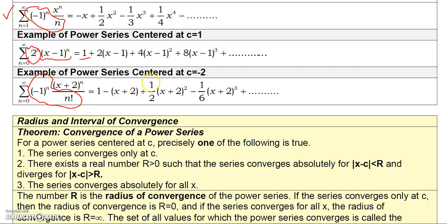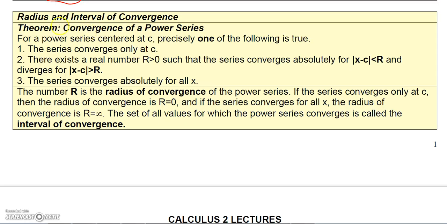And then if you have n equal 2, you'll get 1/2 (x + 2) quantity squared, and so forth. And notice that this is centered about -2, so when you subtract -2 you actually get x plus 2 in the power series. Now a power series does not generally converge for all values, so it depends on what we find out about these series. So for a power series that's centered at c, only one of the following three things